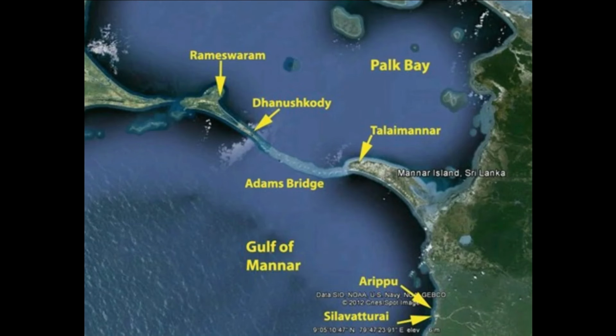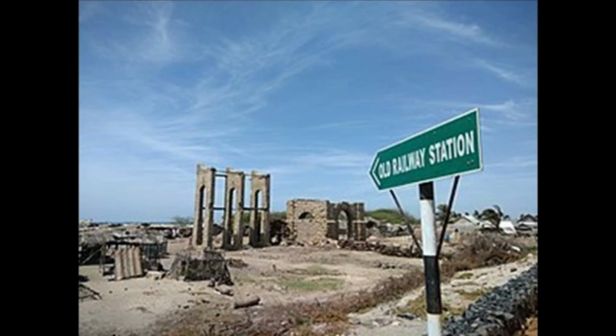As seen on this map, there's an arrow pointing at Dhanushkodi right by the water's edge on the Indian side of Adam's Bridge. There was a railway station at Dhanushkodi. It was serving the Manamadurai Ramaswaram branch line of the Madras Railway from about 1914 and was part of what was called the Boat Mail Express that connected Madras in India, today's Chennai, with a combined train-ferry service to Colombo in Ceylon, which is today's Sri Lanka. Then we were told that the 1964 Ramaswaram cyclone destroyed the town of Dhanushkodi, and it was never rebuilt and